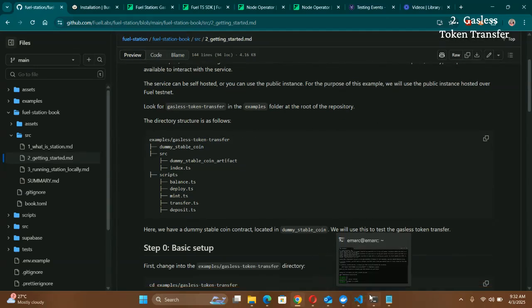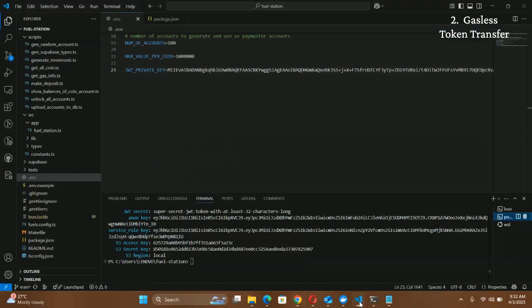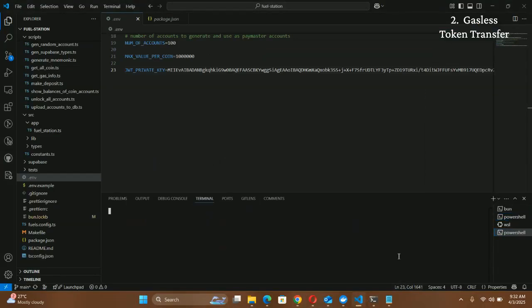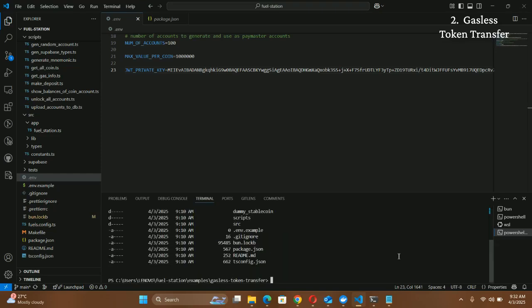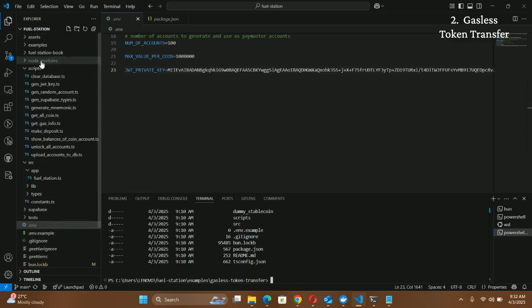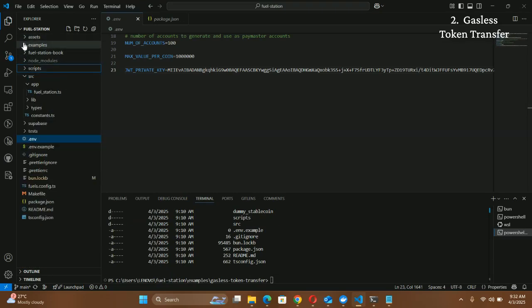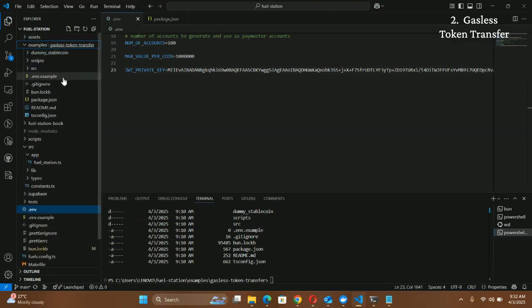So we are going to scroll to our, so let's do another. So you go to, so this is where the gasless token service is, in this example contract. The gasless token service